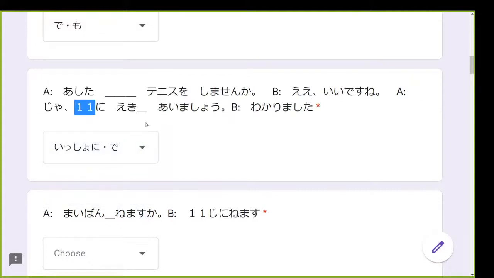Okay, 一緒に then eki de. 明日一緒にテニスをしませんか？いいですね。じゃあ、11時に駅で会いましょう。わかりました。A さんはリー、B さんはスニード。はい。